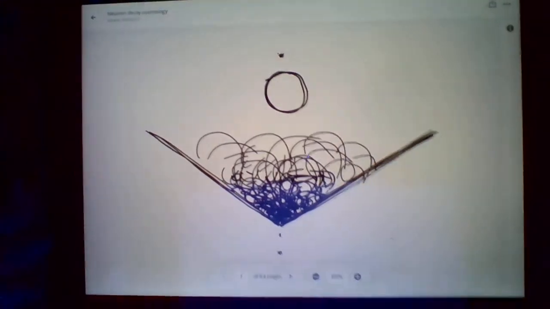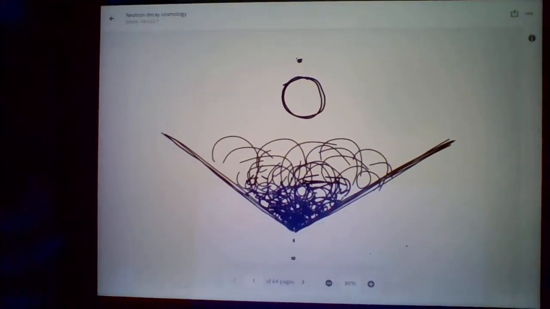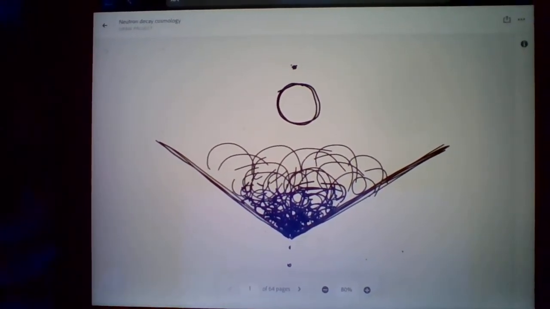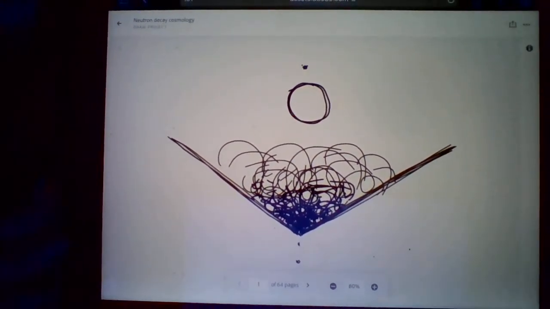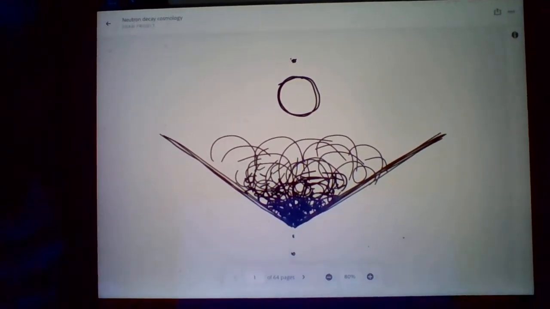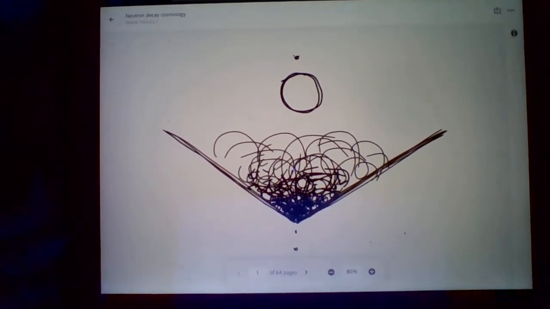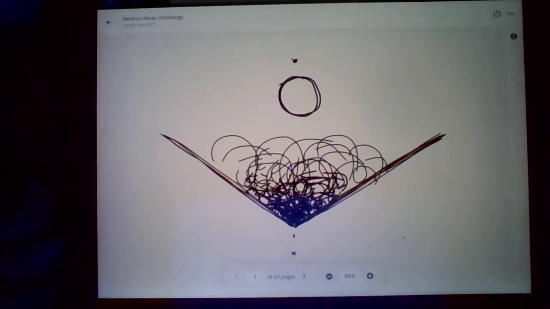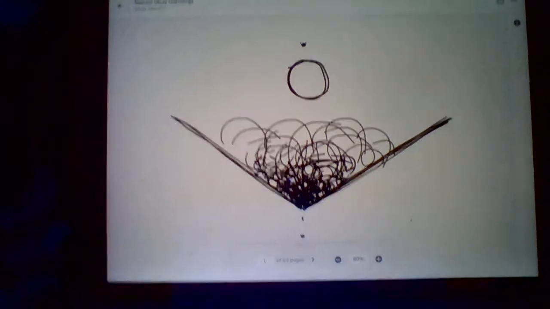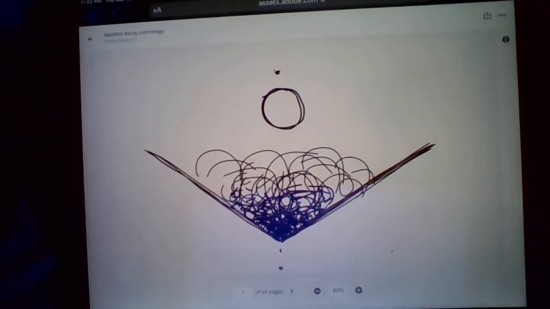So, yes, here we go. Frontispiece, cover. This is the concept of Neutron Decay Cosmology in sort of an artist rendition. Little dot at the top would be a neutron. Then we have a proton-electron combo. A piece of hydrogen is that big ball up there, and that's the decay of the neutron into